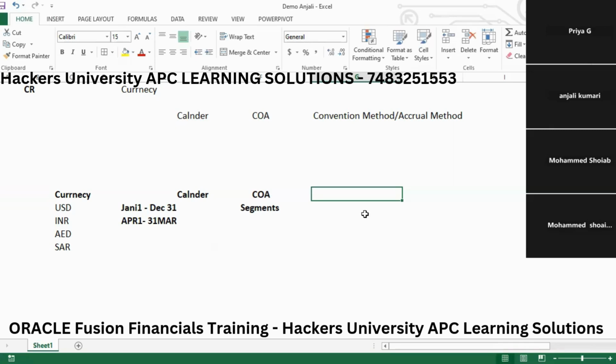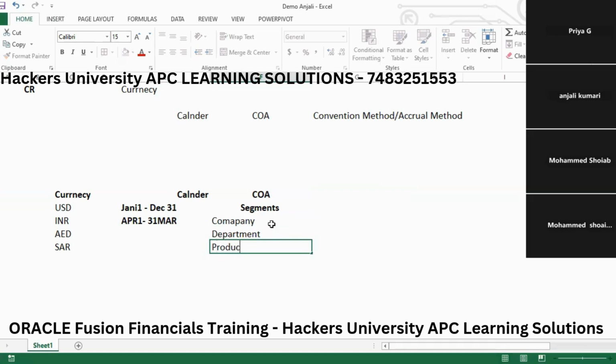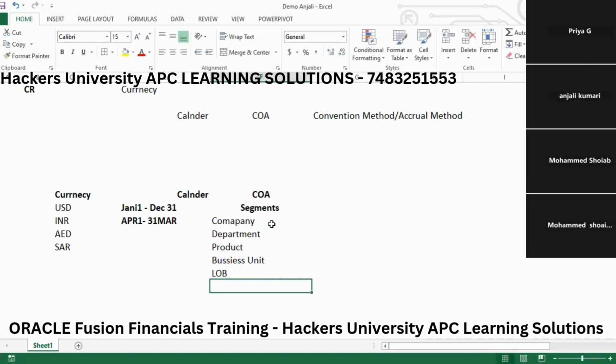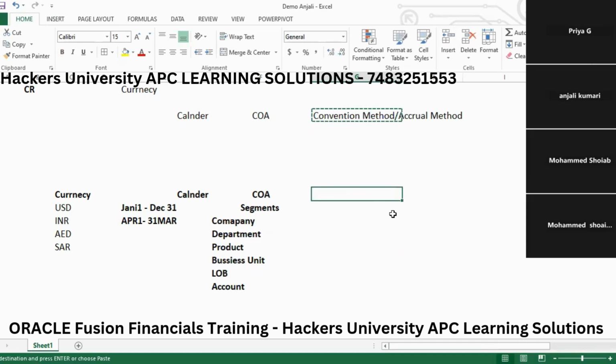To record that, you should have all the segments like company, department, some product, some business unit, and if you want, some line of business. Like this, some account, which particular account you noted. So you may have different types of segments that we will discuss in detail each one. And next, the fourth one is